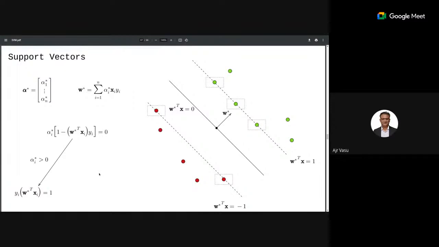It depends on where you start from. Do we start from primal or do we start from dual? If we start from dual, then we can certainly say that alpha star is greater than 0. That means the points lie on this thing. But if you start from the earlier condition, one way we can certainly say that it will lie on the line. So here is the thing. If it lies on the line, then alpha,